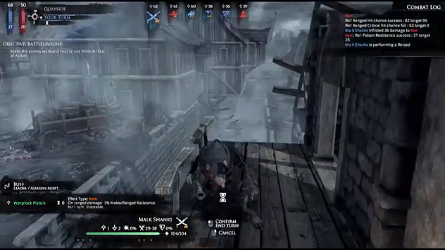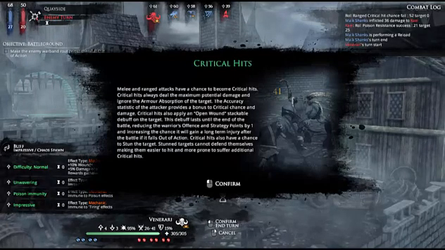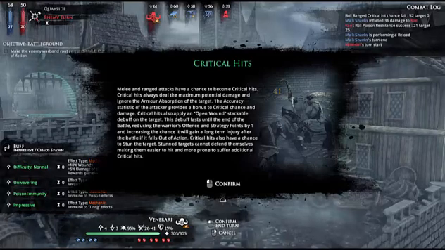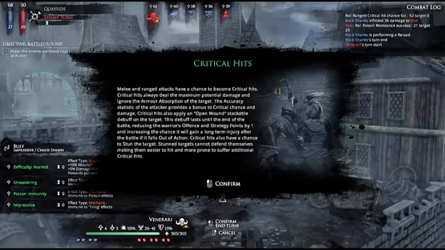Critical hits: melee and ranged attacks have a chance to become critical hits. Critical hits always deal the max potential damage and ignore the armor absorption of the target. The accuracy statistic of the attack provides a bonus to critical chance and damage. Critical hits also apply an open wound stackable debuff on the target. This debuff lasts until the end of the battle, reducing the warrior's offense and strategy points by 1. Oh god. And it stacks. Dang. That's OP, man. And increasing the chance it will gain a long-term injury after the battle if it falls